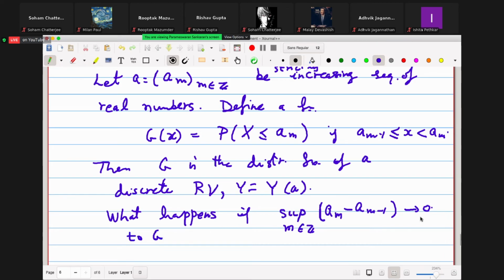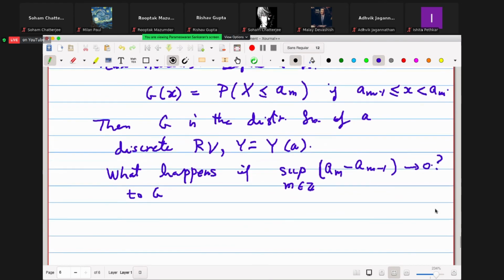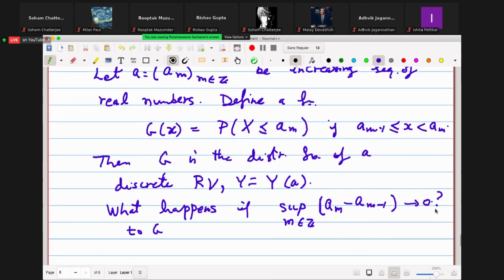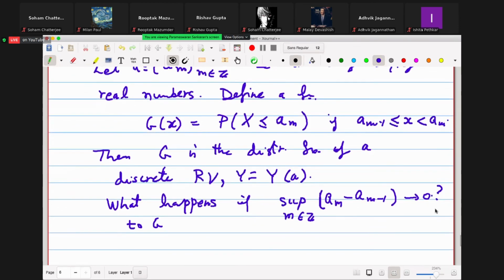So this is a question. I don't have time to discuss this completely. I'll let you think about it. The important thing is, first let us check that this is a discrete random variable. Is it clear that it's a discrete random variable? Well, it takes only countably many values, no? And it is non-zero when it is greater than or equal to 0. So if at all it's a distribution function, it has to be of a discrete random variable.